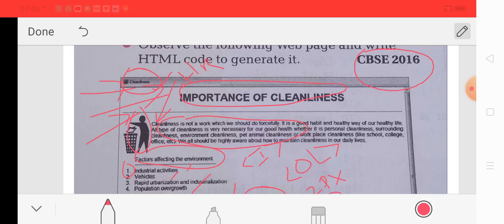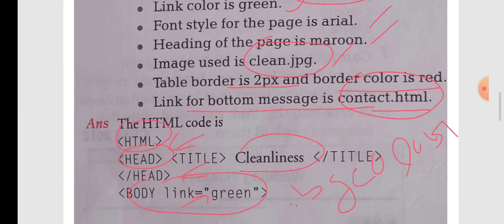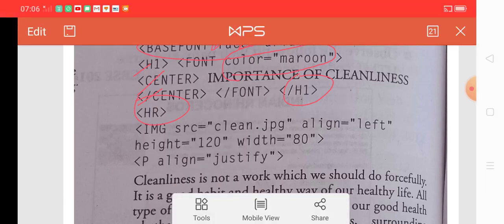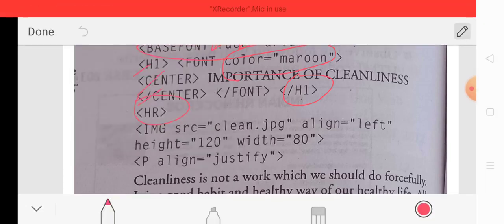Now it's time to implement the image. To implement the image, the img tag must be used. With the src attribute we give the file name, and the file is clean.jpg.